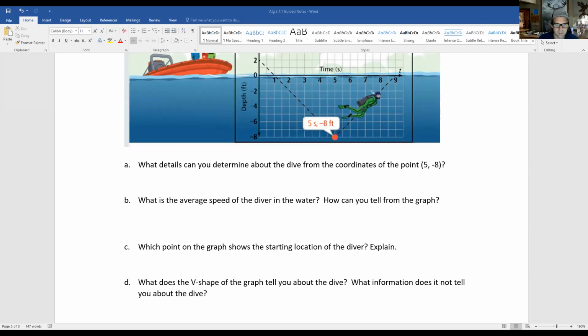Okay, what does the V-shape graph tell you about the dive? What information does it not tell you about the dive? Okay, so all we know here, the V-shape tells us she's going down, then up. Okay, this is gonna be just a little awkward here. She goes down, then straight up. I'm just abbreviating here. What we don't know,